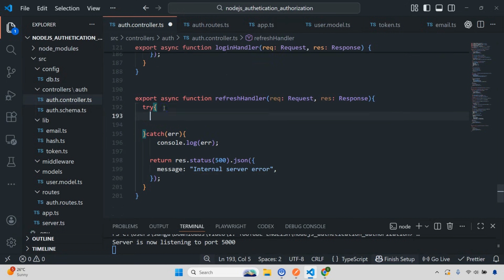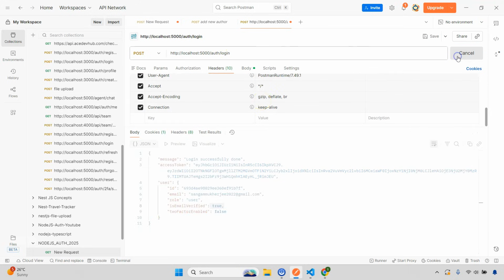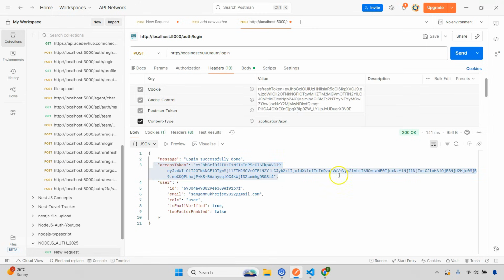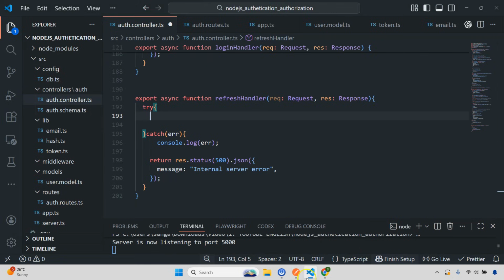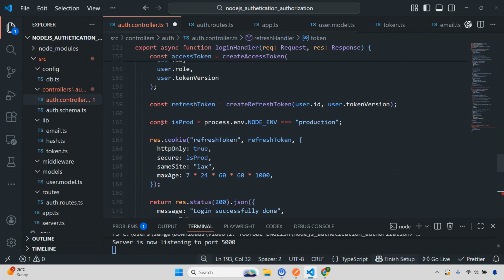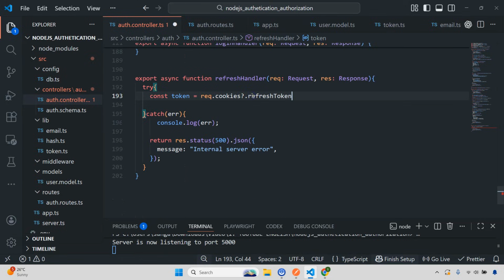Okay, now inside try, what do we need to do? If you go here, in the cookie we are actually storing the refresh token. So this refresh token we actually need. So first of all, I'm just going to do const token, and I'll do request.cookies, and here we're going to get the name. What is the name that you have given? The name is refresh token, right? So we have the refresh token